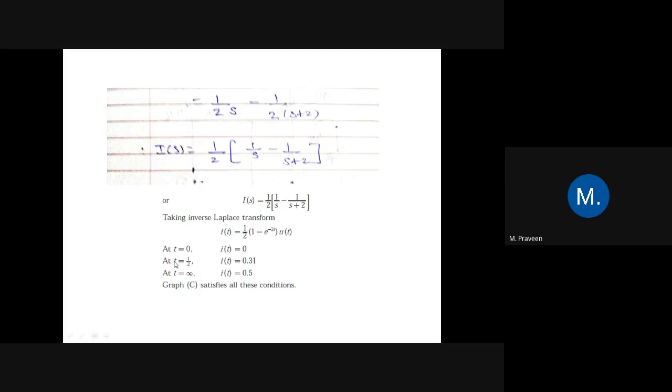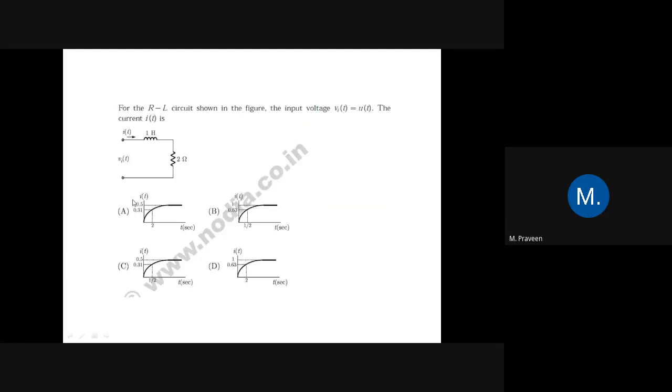If you take t is equal to 1 by 2, so if you have the calculator, you can find what is I of t here. So e power minus 2 into 1 by 2. So 2 will be cancelled. So e power minus 1, or 1 minus 1 by e, or e power minus 1. Okay. So if you write the value of e power minus 1 and 1, everything will be getting I of t value as 0.31. So now you can guess what is the answer. So for 1 by 2, it is 0.31.